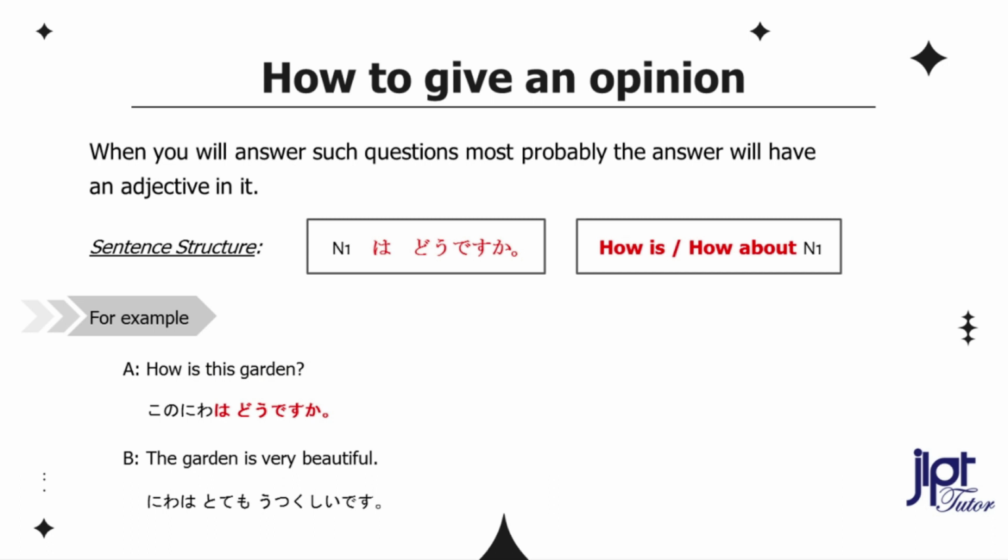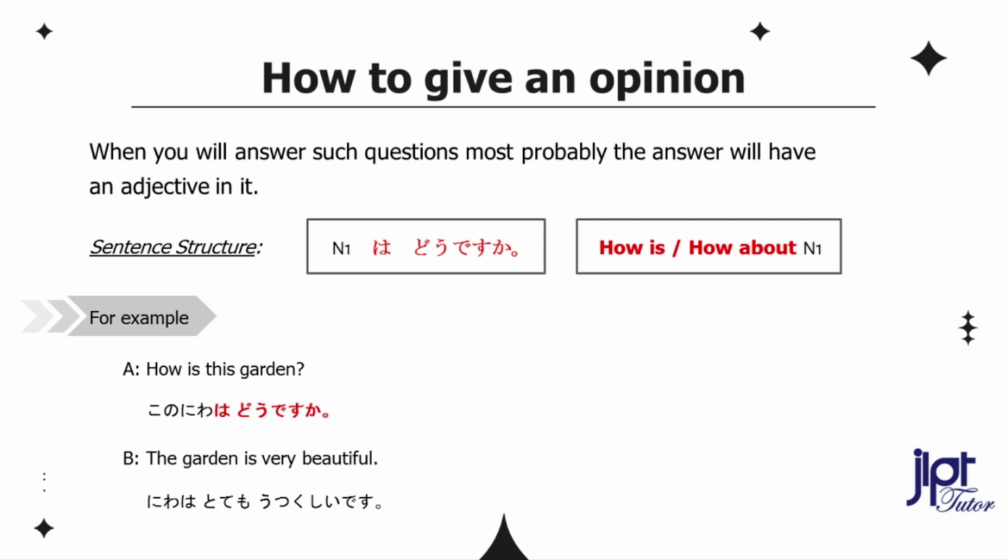How to give an opinion when somebody asks for it. Moving forward, let's learn how to give your opinion on things you are seeing for the first time, when somebody is asking you how you like it or how it is. When you answer such questions, most probably the answer will have an adjective in it. For example, the question: how is this garden? この庭はどうですか？